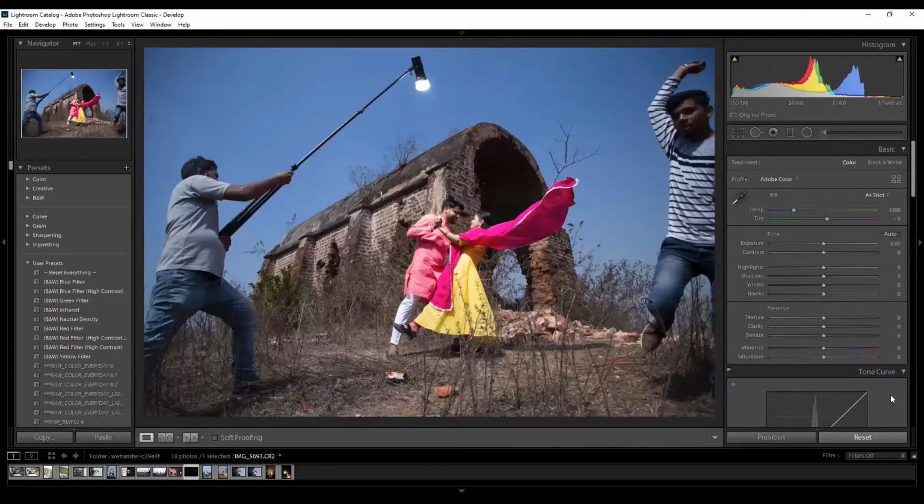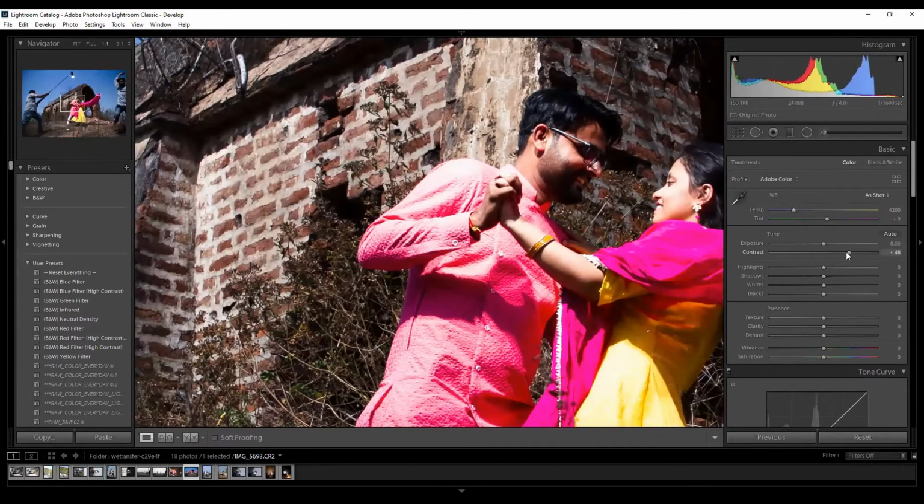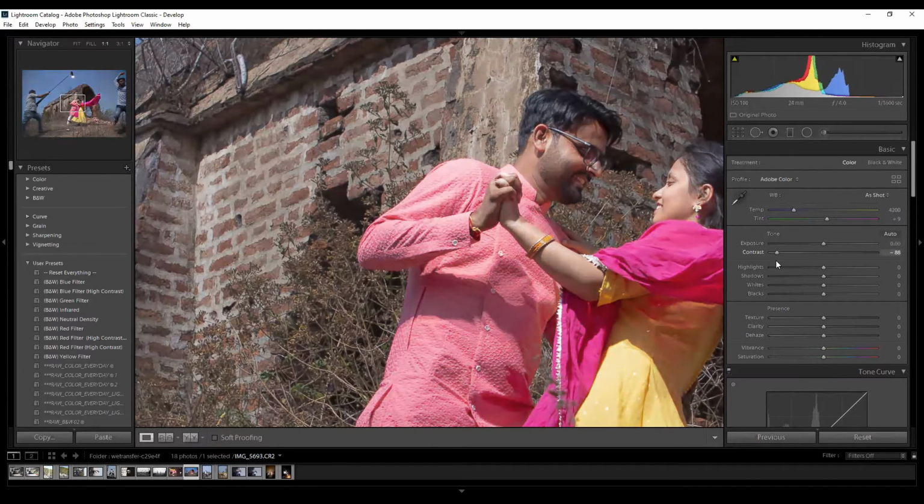So next is contrast. What is contrast? Contrast is basically a mixture of hue, saturation and luminance, meaning whites and blacks. The more you increase the contrast, the more the saturation will increase, and the more the blacks and whites of the image will increase. The more you decrease it, the more whiteness will increase and the saturation, or the vibrancy, of the image will decrease.